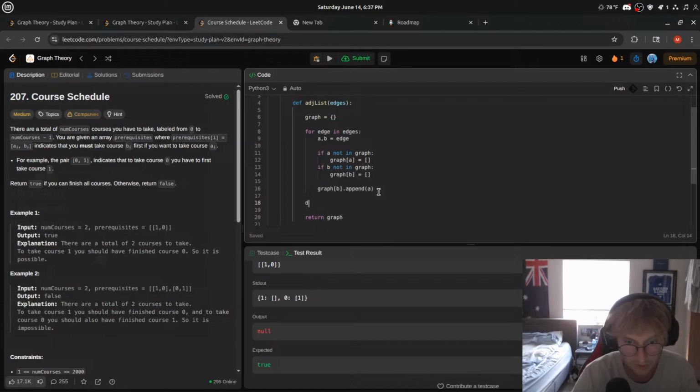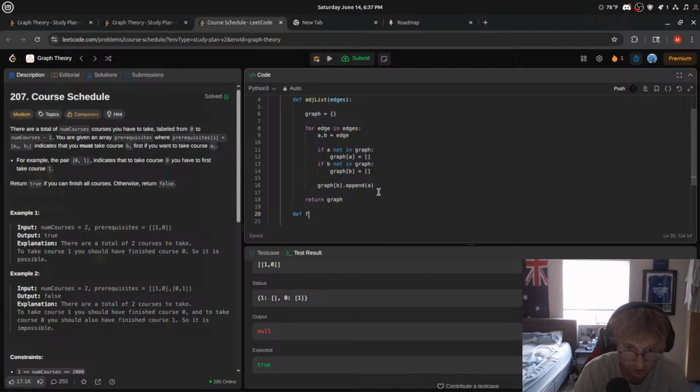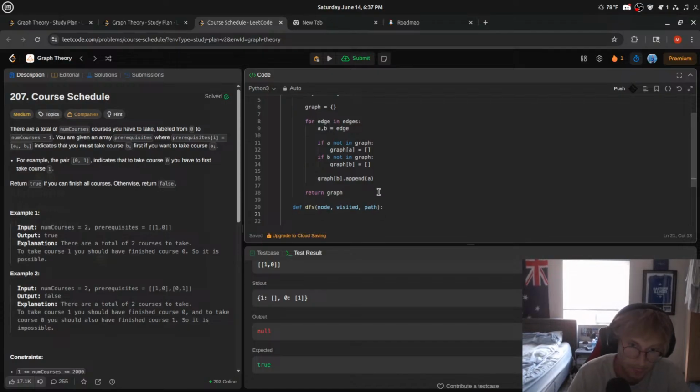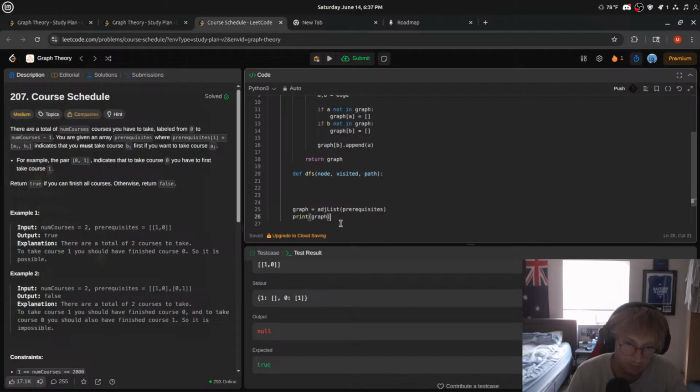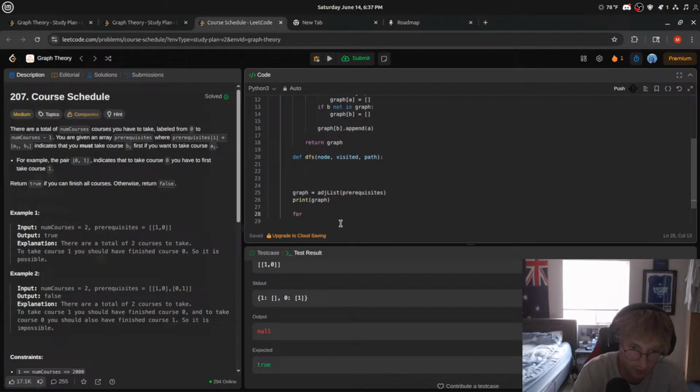Whoops, we want to get out of this, my bad. I'm inside of this helper function here. So let's do def DFS. We want to pass in our node, our visited, probably some sort of path or something. So for i, I guess, can we start from 0 though? That's the thing. Trying to think here, would we have to loop through each